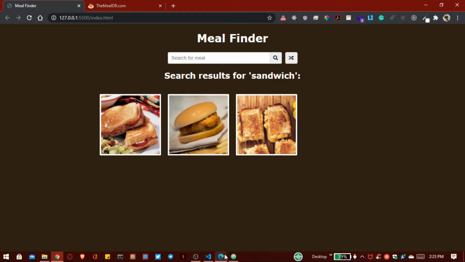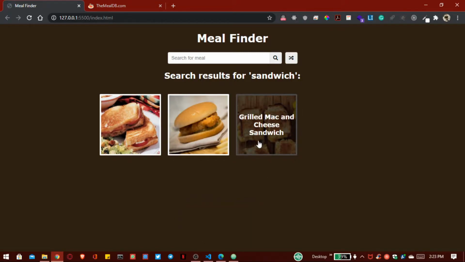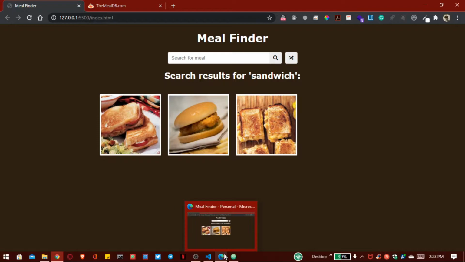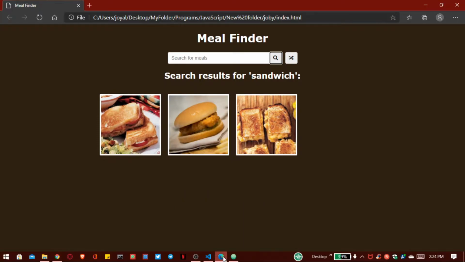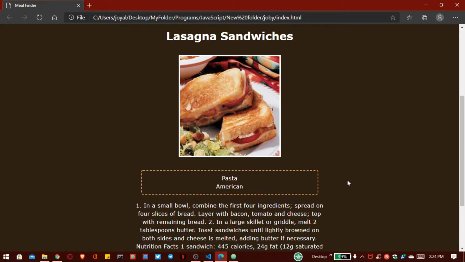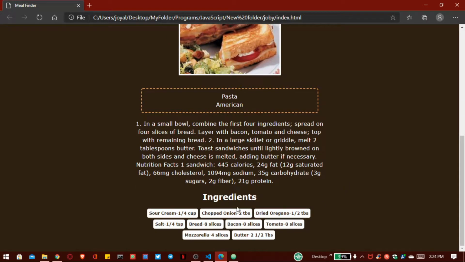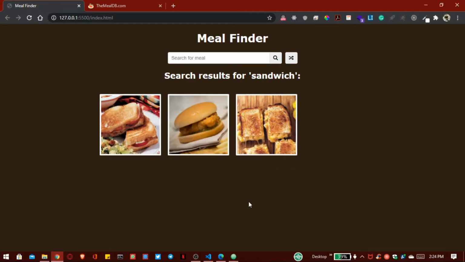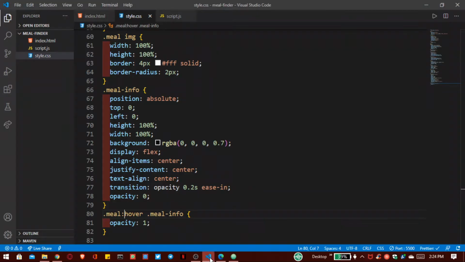Remember, in part 2 we applied functionality like search and displaying meals from our API. Now in this part 3, we have to show a single meal page like this. Whenever I click any of our results, you can see the recipe according to our particular click. We have to do all of this inside this video. So stay tuned. Now we have to move inside our coding part first.